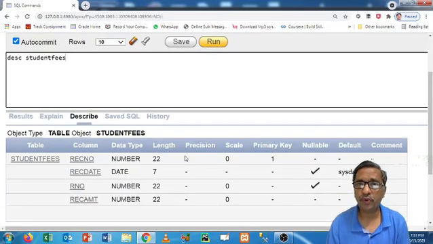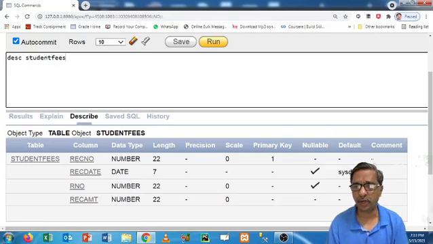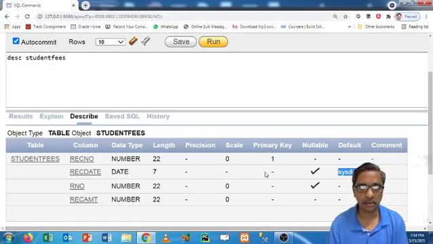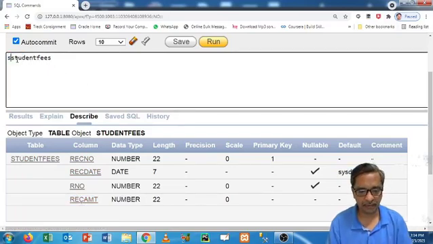Now, why I have shown you this student fees structure is because here this receipt date I have given default as a system date. This is important. For the initial few queries, this is not important. But when we try to see the collection date wise, current date wise, at that time this will play a major role. That's why it's date. So here, the student fees table is having receipt number, receipt date, roll number, and receipt amount. Already I have inserted the records that I will show you.